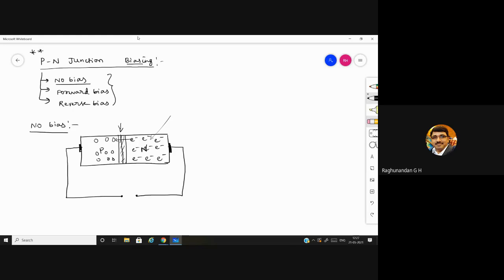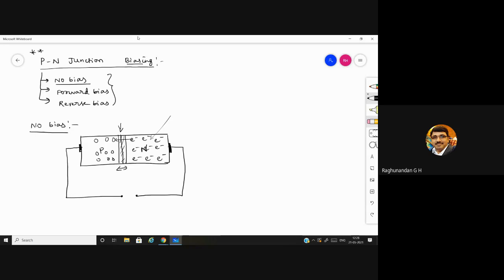They cannot move. Because of this movement and the ionization process I described, the electron comes over here and a vacancy is created, and this becomes a donor ion and this becomes an acceptor ion. Because of the ionization process and the formation of acceptor ions and donor ions, they create a barrier. After that, there will be no movement. Because of that, the depletion layer, or depletion region, expands.